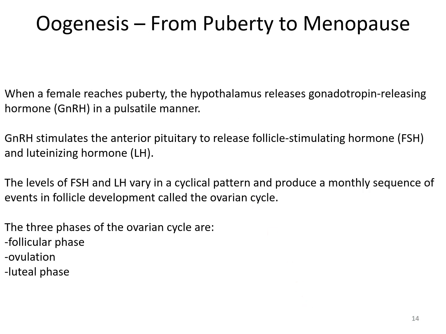Now, once that child reaches puberty, that's when the hypothalamus is going to start to release gonadotropin-releasing hormone, or GnRH, and it's going to do so in a pulsatile manner. The GnRH from the hypothalamus is going to act on the anterior pituitary and stimulate it to release follicle-stimulating hormone, or FSH, and luteinizing hormone, or LH. The levels of FSH and LH are going to vary in this cyclical pattern, and it's going to produce this monthly sequence of events that's going to lead to the follicular development, and we call that the